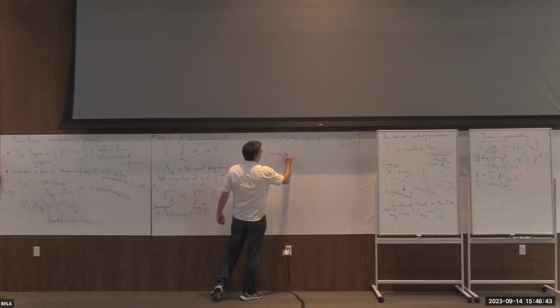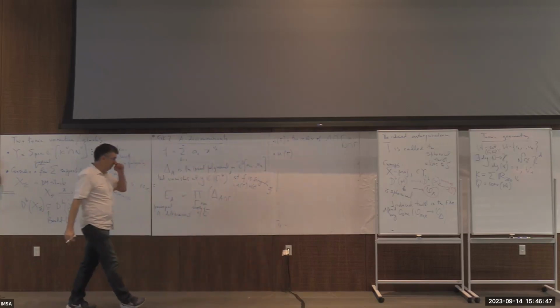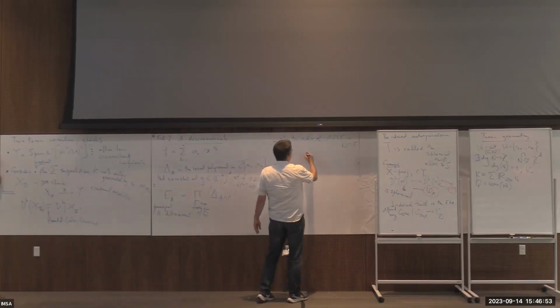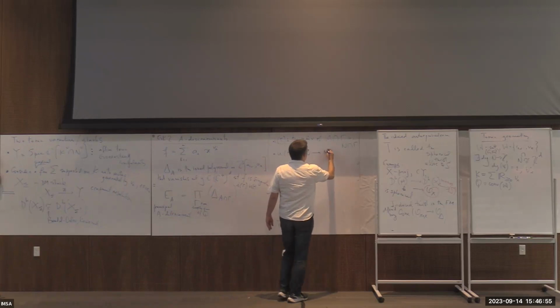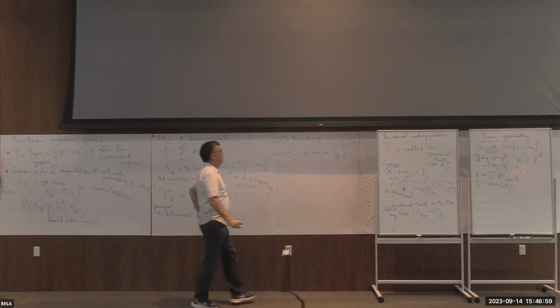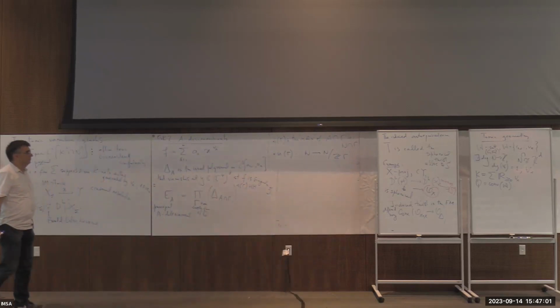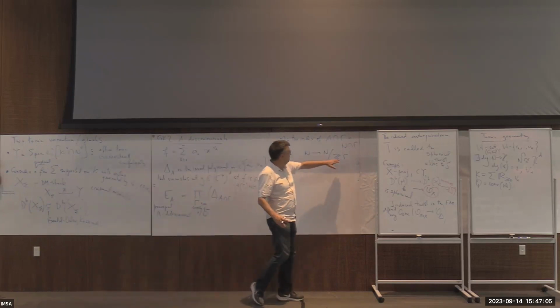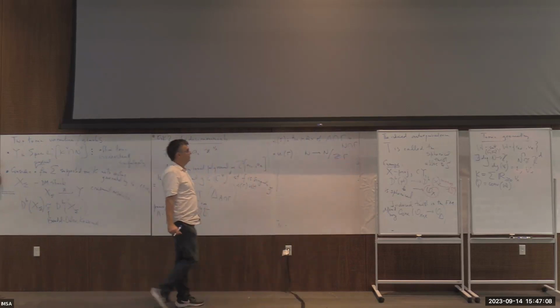And U of lambda is the following thing. So what you do, you take a projection of the lattice N onto the quotient lattice, the quotient by the lattice generated by